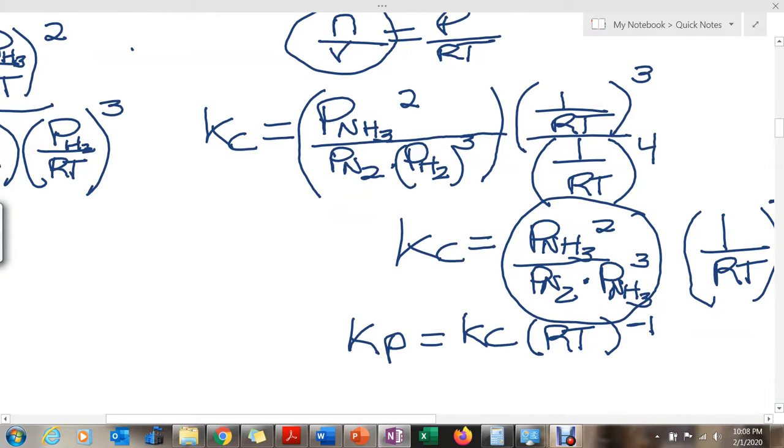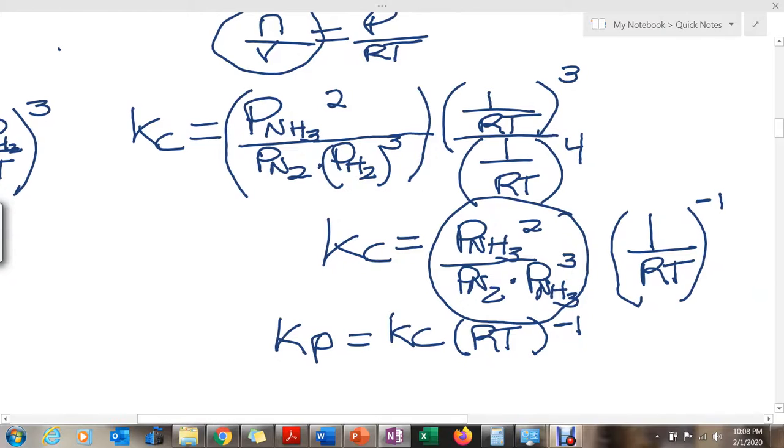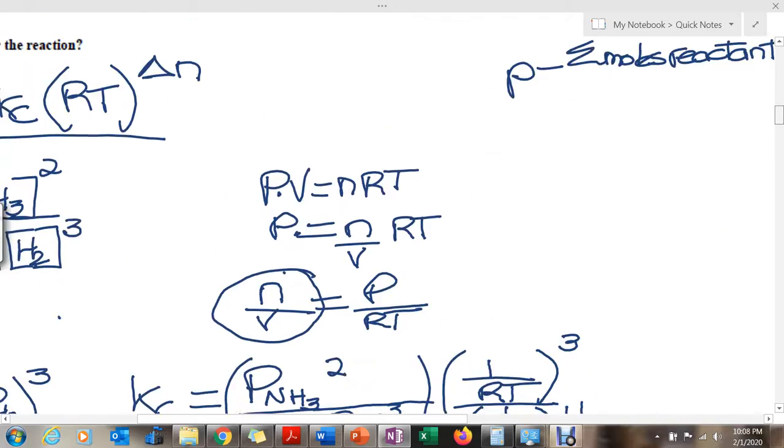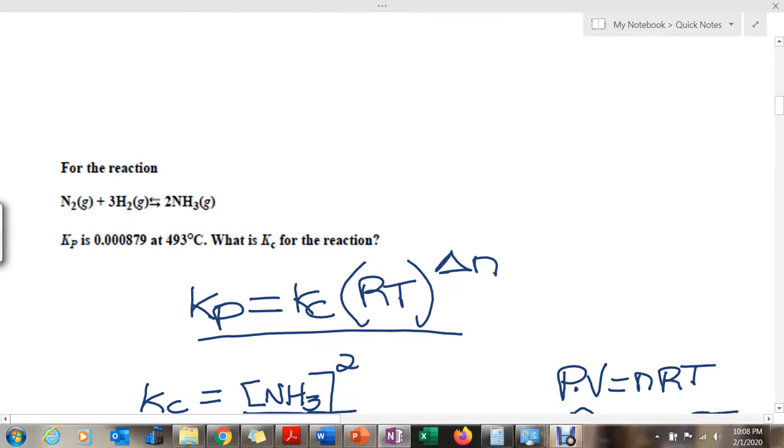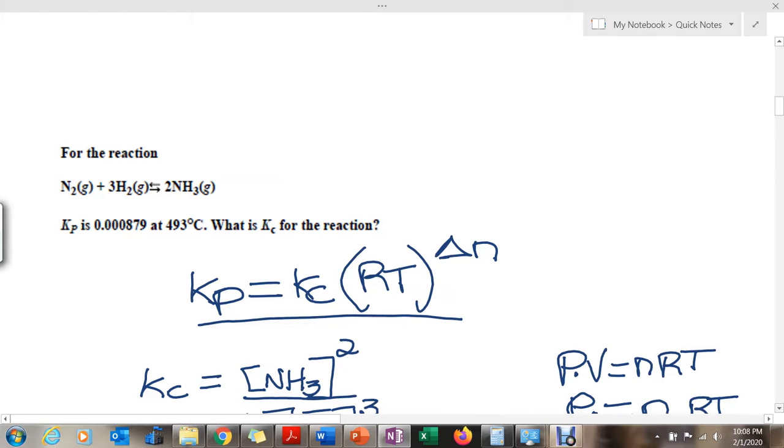As this is a constant, I take it out as a common factor, and it gives me 1 over RT raised to the change in moles. In this case it would be 2 minus 3 plus 1,